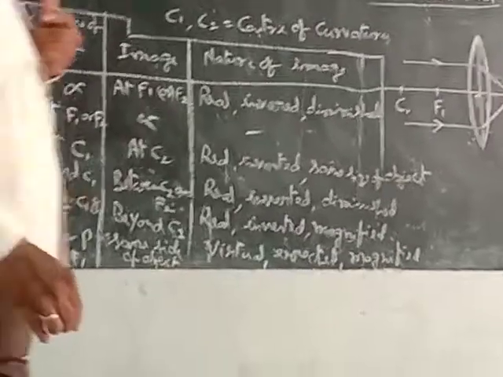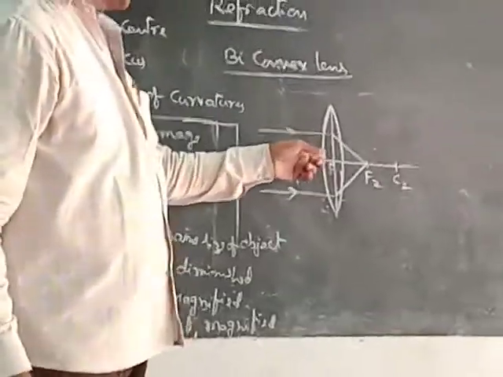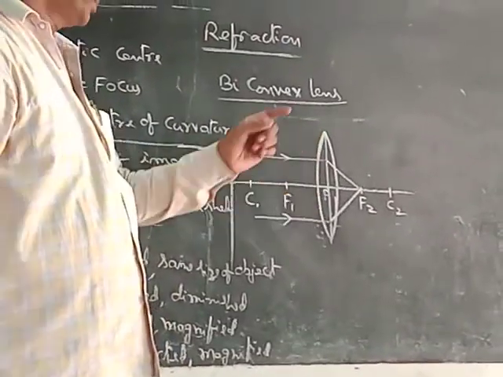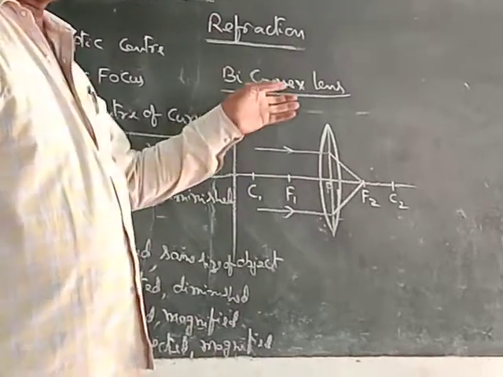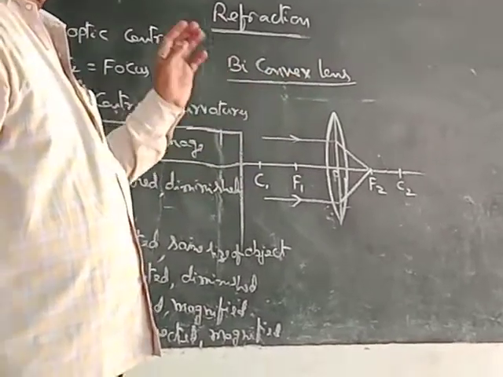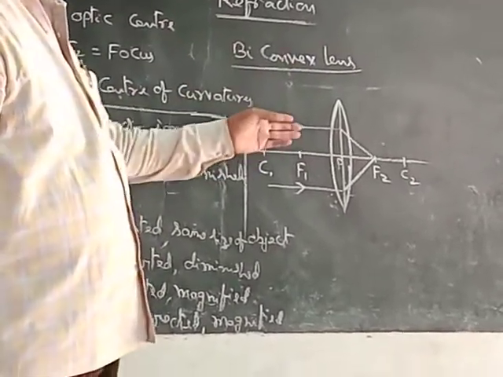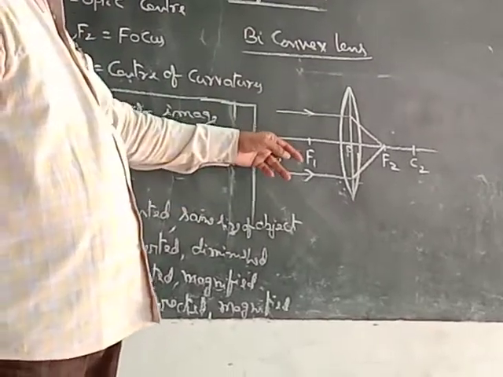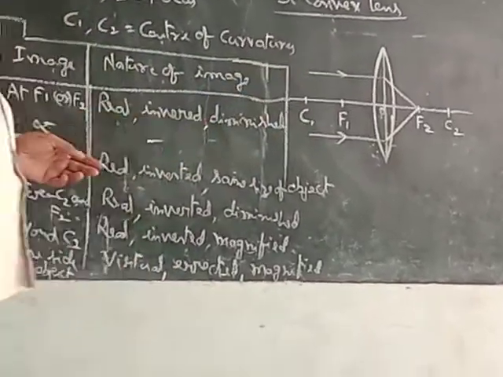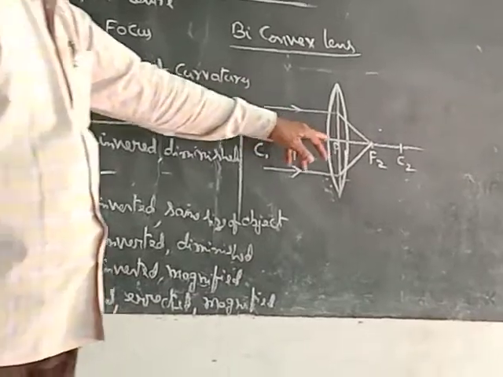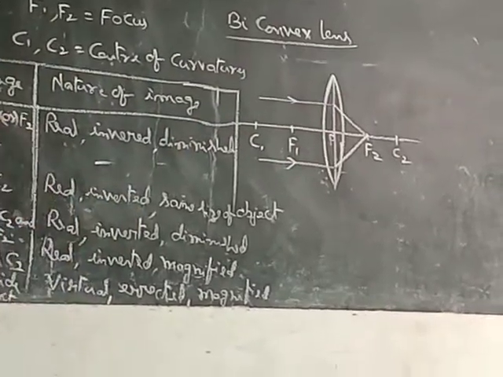Convex lens means the center part is bulged, and top and bottom are thin. Both sides have a refracting surface, so it is called biconvex lens. This convex lens consists of two focus points and two centers of curvature. Center of the lens is called optic center. Next, what